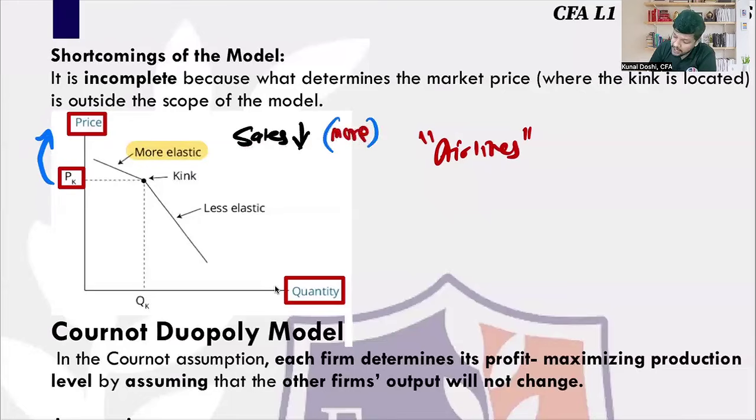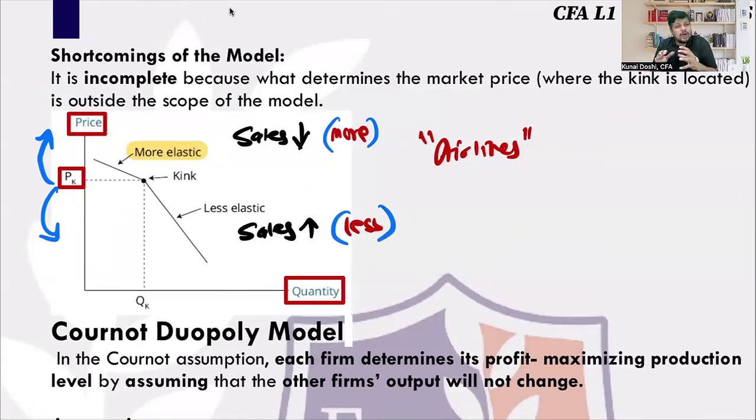Compared to what? Compared to the point when the price is decreased. Now, as soon as the main airline decreases the price, what will others do? Do you think they will follow or not follow? Well, they will also follow and reduce the price. So when you decrease the price, you expect your sales to increase, but the increase will not be enough. It will be less elastic. Why is it not enough? Because others have also decreased the price. So what I was expecting when I decrease the price, the sales will increase, but that increase is not enough because others have also followed me.